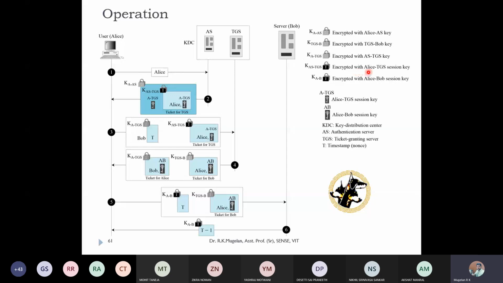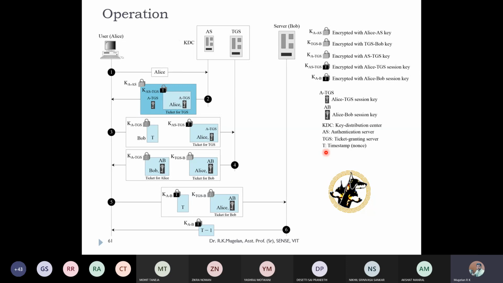These two should be interchanged. KAB is the final session key required for the communication. And here for the nonce, they're using a timestamp. A timestamp will be unique because one timestamp will be different from another; we can't repeat a timestamp.